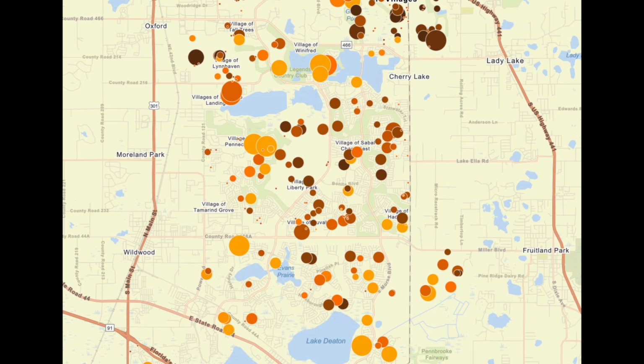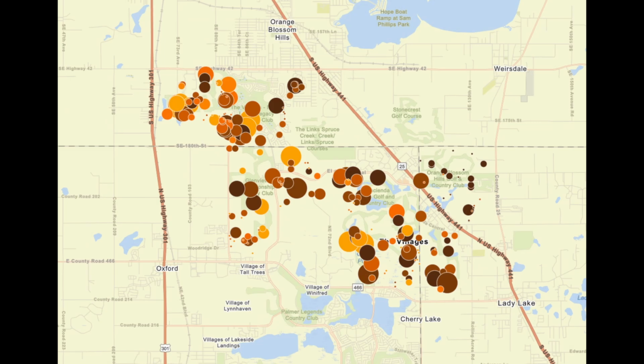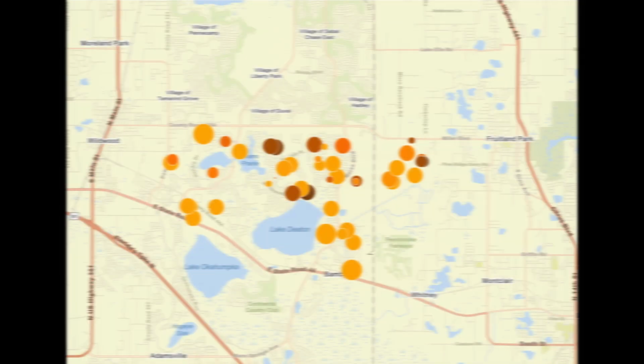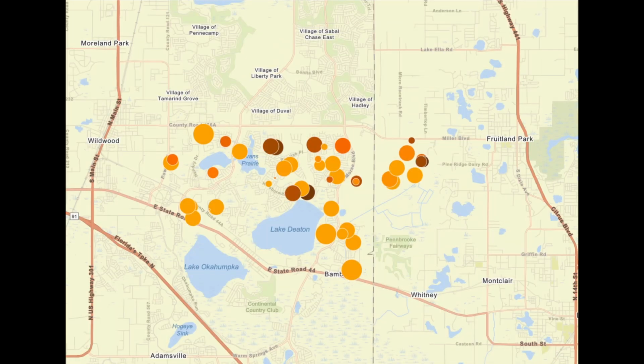And you can easily see that by looking at price per square foot, deals are much easier to find. So let me show you how I've broken the Villages down geographically. I've divided it into the north, which is everything south of 42 and north of 466. The middle north, which is everything south of 466 and north of 466A. The middle south, which is everything south of 466A and north of 44, and the south, which is everything south